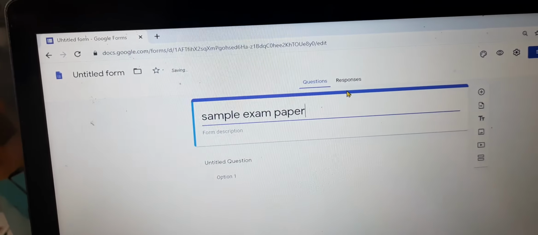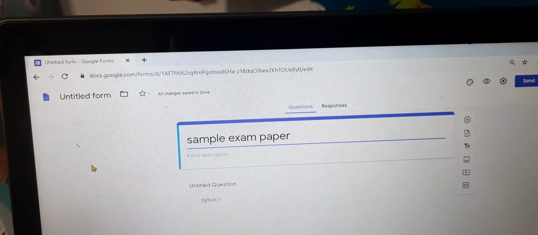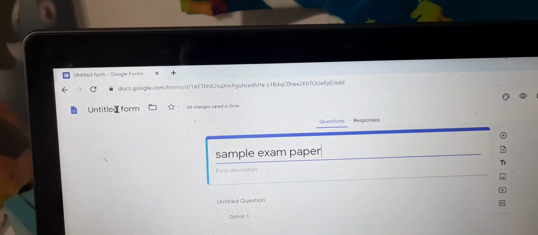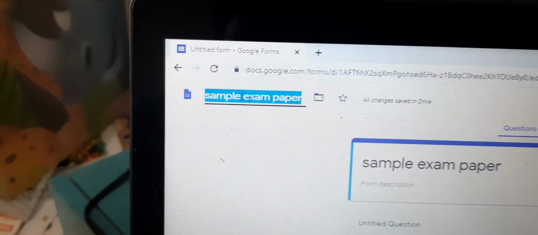Okay. As I have told in the earlier video, if it is not coming here, you just come here and do one click and it will refresh here. Now before doing anything, we'll go to the settings, select the last quiz and make this as a quiz. After this, go down and remove all the checkboxes and save your changes. Now we are ready to make our question paper.